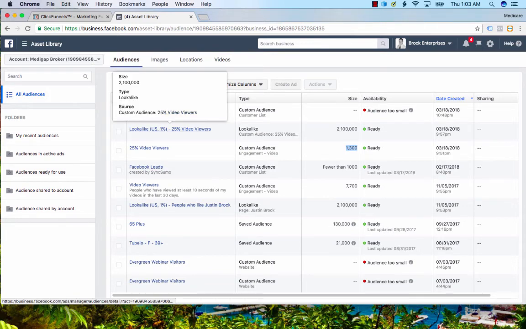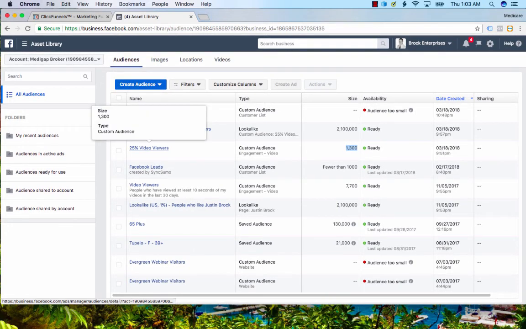It's a very effective way of, if this audience is working, then a lookalike audience will probably work good, but you're getting totally different people. So that's always good. But you can also target that 25% of video viewers. Other things you can do in custom audiences are, let's see,